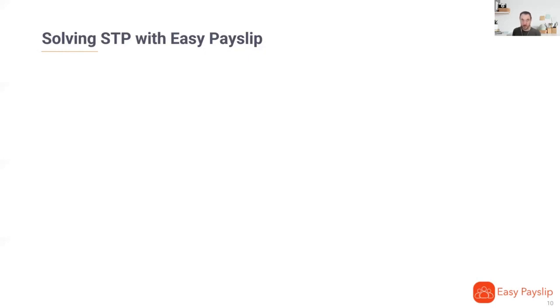So the expectation is if you do a payslip for your employee that says you're paying them $400 and you're withholding $100 in tax, that's what will be in the STP file. Now, there is nothing to stop you. If you pay your staff something different, then there is going to be a disconnect between what you've reported and what you've actually paid. That is a problem, because the idea is that you are accurately reporting what you are paying your staff, and you're supposed to send it on or before payday. So the idea is you generate your payslips, you work out what you're paying your staff, and then you do the STP report, you send that off, and you pay your staff. It should really be on the same day, or you can actually send the STP file a day or two before if you want.